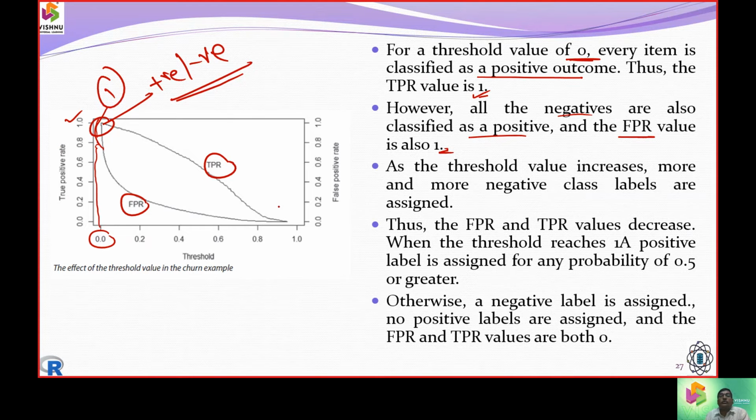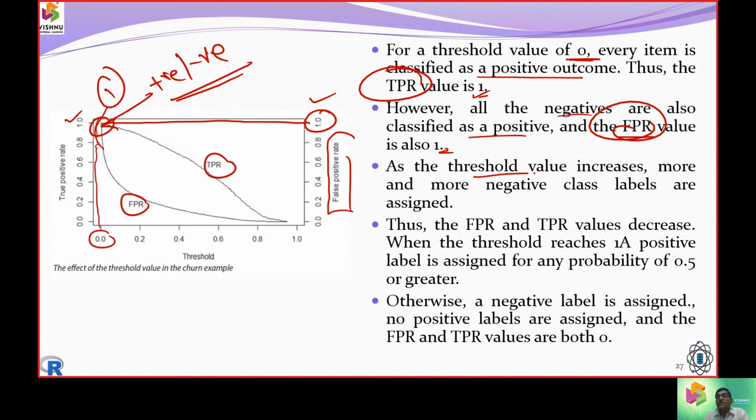So true positive values, and false positive value, again you see this value as 1.0. So that is what we tell: 1 it is true positive value, 2 we are going to call it as false positive value. Now as the threshold increases, that is from 0 to 1, they are moving to the